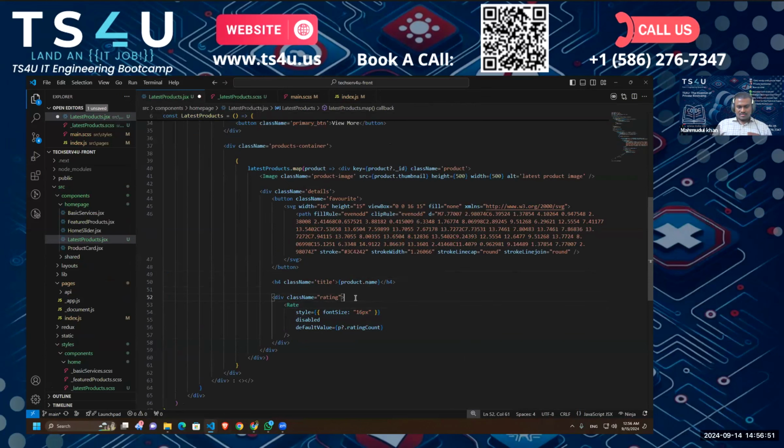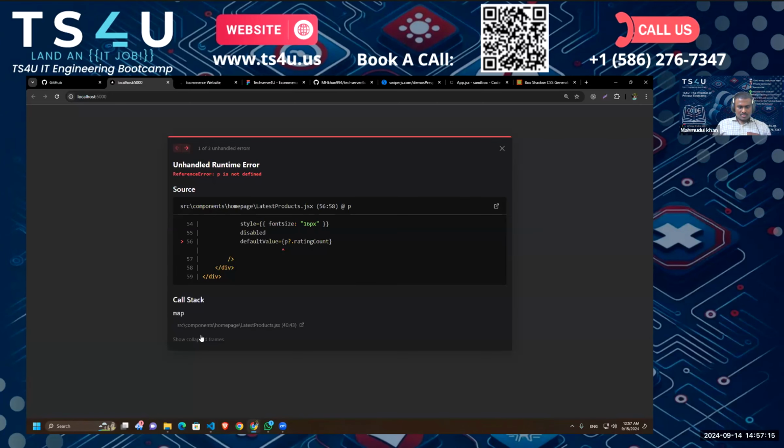The library provides us a lot of different components for different implementations. So inside the rate component, you just have to add the styles and the default value. So we're just entering the rating count. So the library will actually handle all of the ratings. So if we save that and come to the UI,